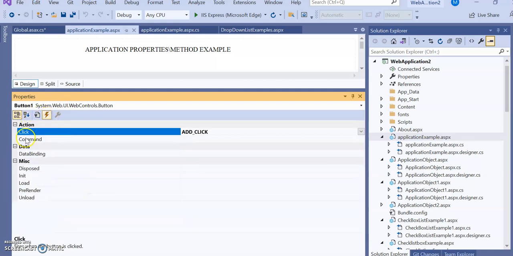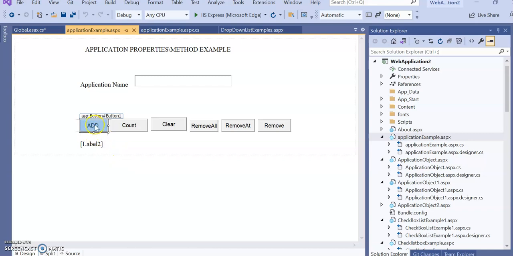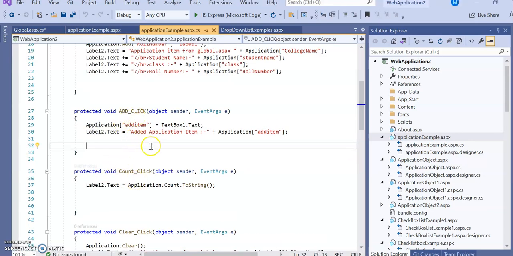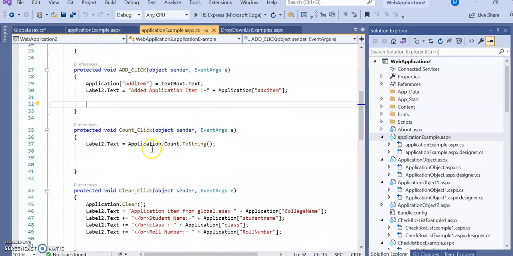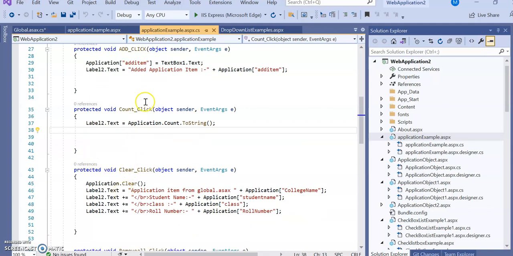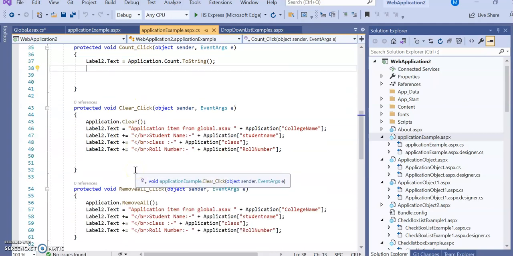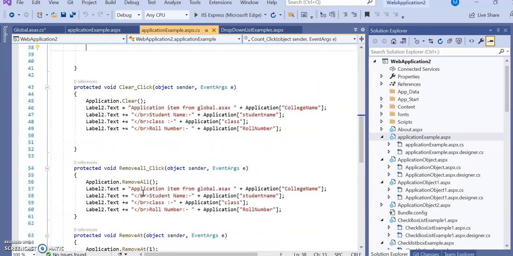Go to events, and here write down add underscore click, and once you write it and press enter, you will go directly to the C# code of this one. So add underscore click. These are the different events and their methods that have been created for count click, clear click, remove all click, and remove add.